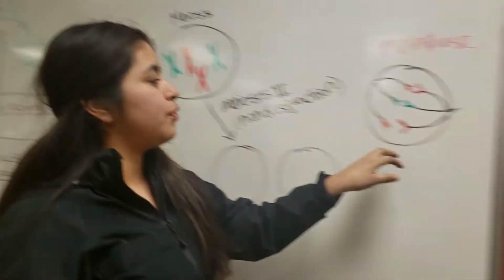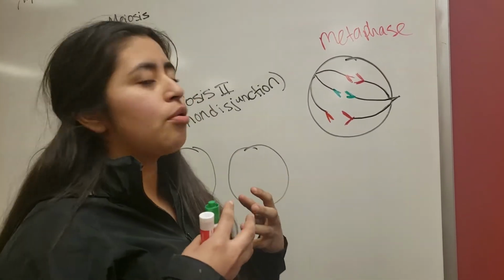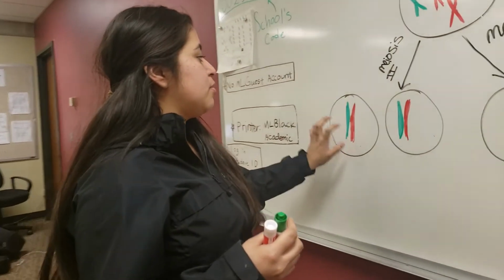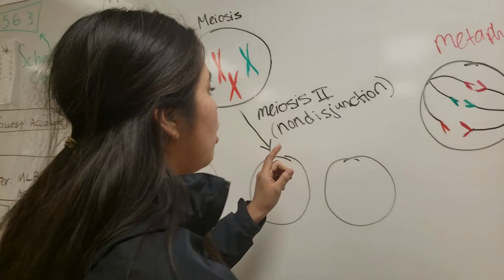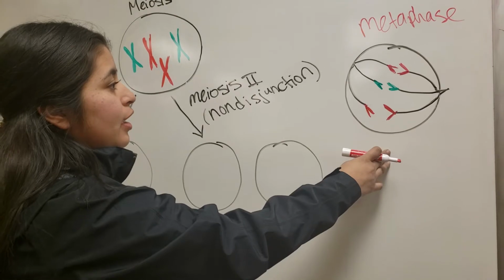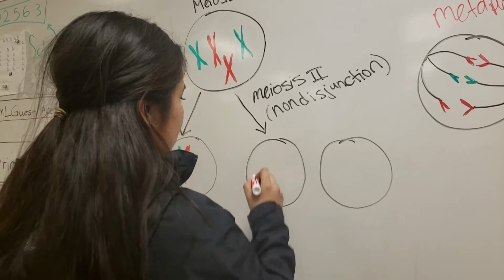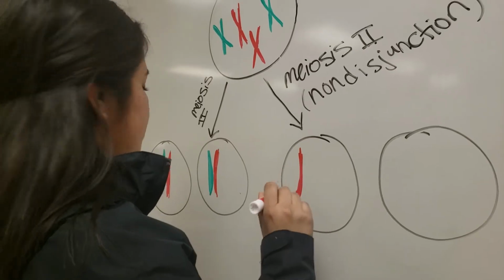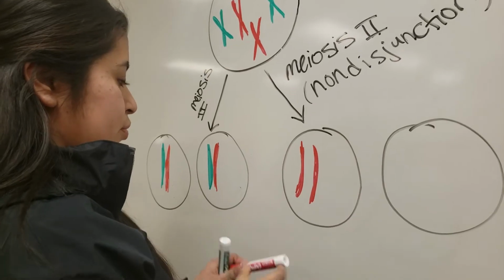So what typically happens, if we look over here in this diagram, in metaphase, we know that the sister chromatids are pulled apart, and what's supposed to happen ideally is you end up with an even number for the mom and an even number for the dad in 2 cells. Well, what often happens in this non-disjunction is that the metaphase doesn't end up being, let's just say, as effective, some little mistake happened during metaphase. So you might end up with one of the dad here, another one of the dad here, and you end up with one of the mom here,